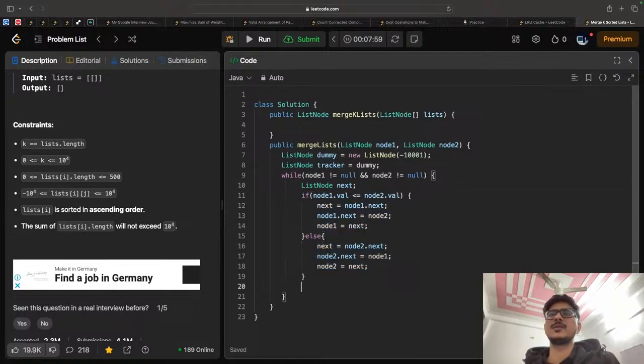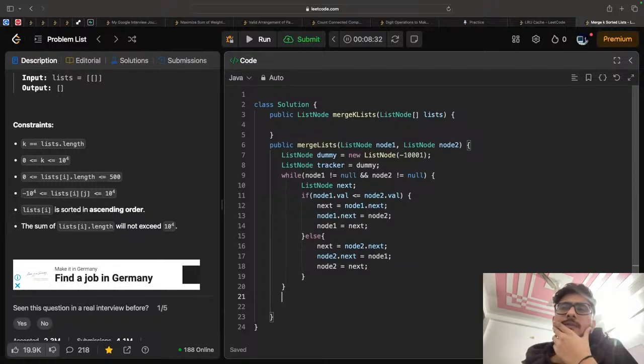After the completion of the loop, one of the lists will be fully traversed, and one will not be null, or both can be fully traversed. In a case where a list is not fully traversed, I need to attach that list to the other list. So for example, let's say,